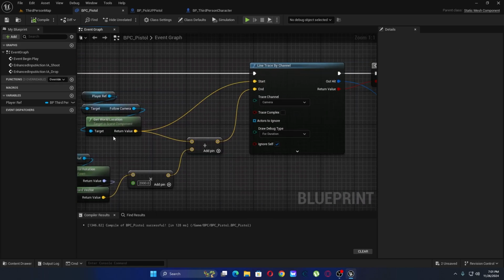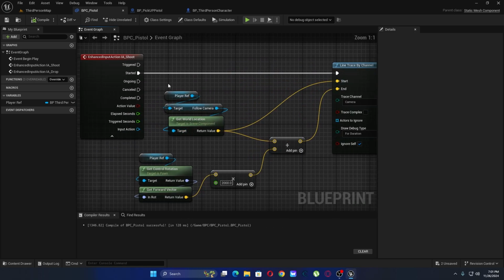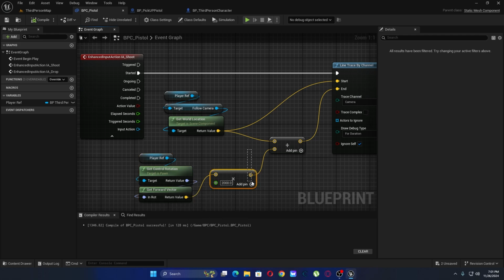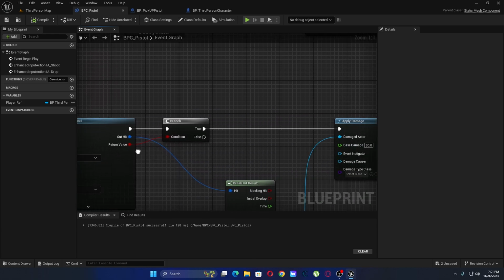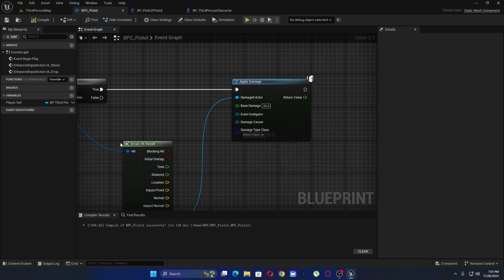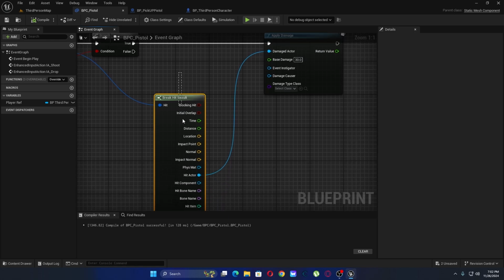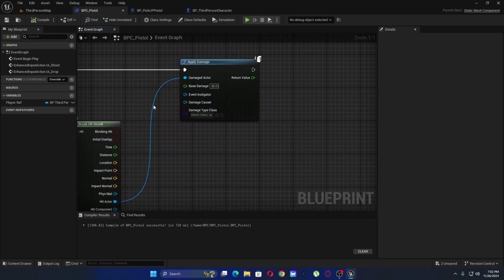EA shoot is just going to do the line trace. Here is the function: get the camera location, get the forward vector of where we're looking, and multiply those to get the end. It is going to hit from the camera, and we're going to see if we hit anything. If we did hit, we're going to break that hit,